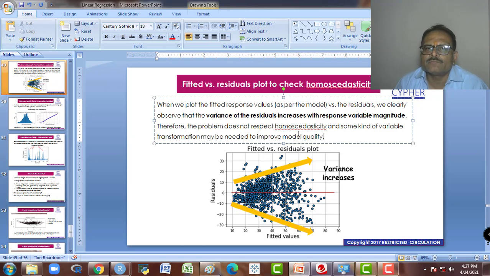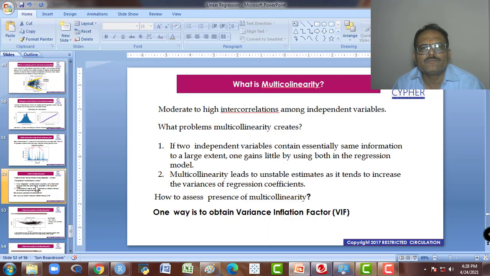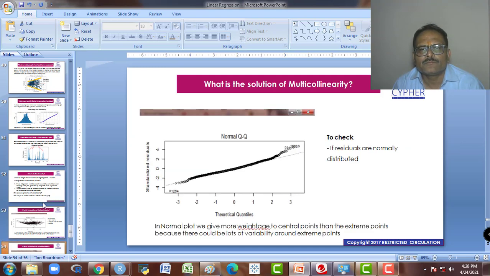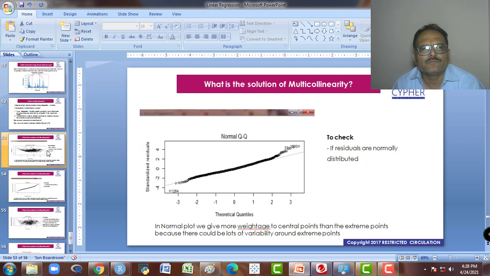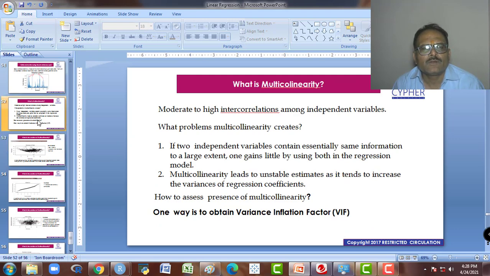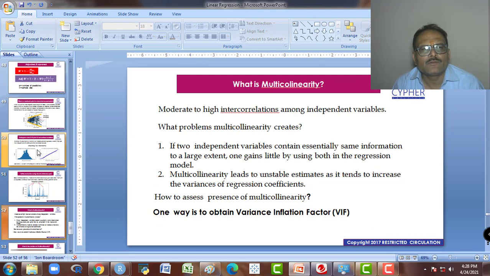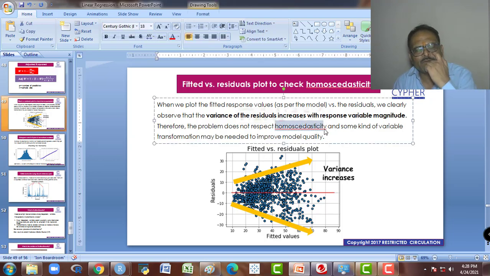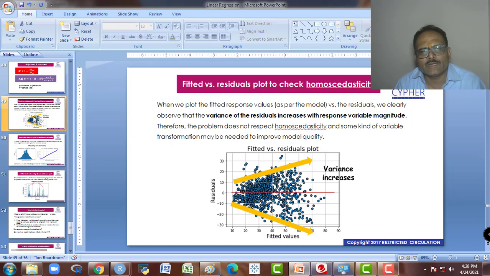Homoscedasticity is related to the variance. Okay, the variance inflation factor we will see later on if we have more variables.